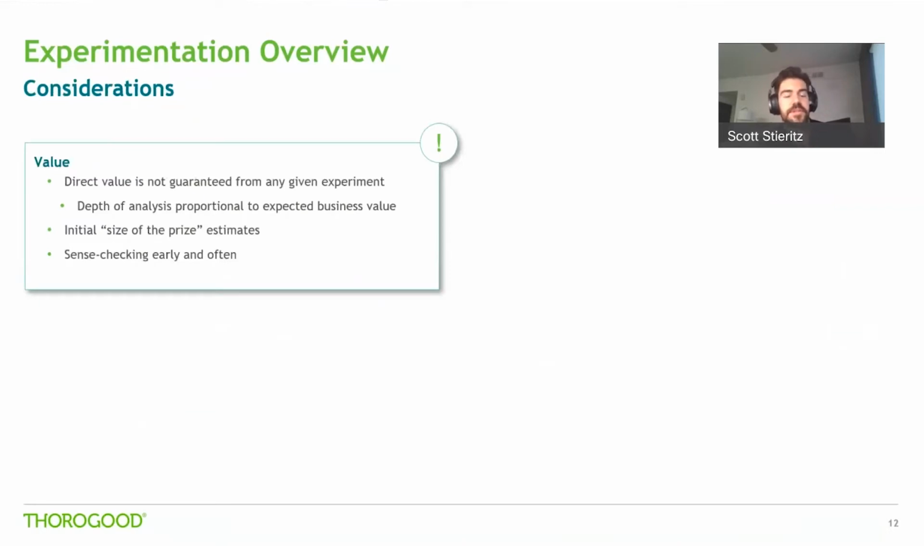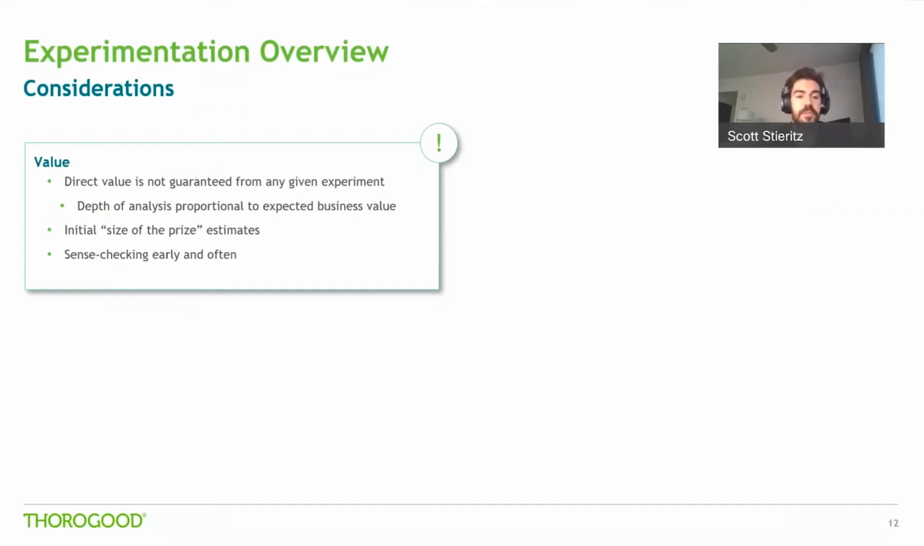So a few considerations that I figured I would call out as part of this experimentation. One is the value of the experiment. It's important to understand that direct value from any specific experiment isn't guaranteed. When we set out to do the experiment, maybe we're trying to prove a relationship between two data points or disprove the relationship, but either way, we can't know going into the experiment what exactly the results are. So there's no way for us to truly guarantee what the value coming out of that experiment would be,